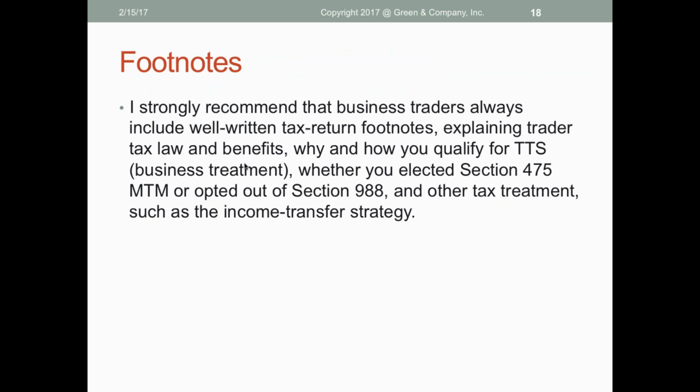Now, you've got to explain this in the footnotes. I strongly recommend that business traders always include well-written tax return footnotes. That's what we do for our clients, explaining trader tax law and benefits, why and how you qualify for trader tax status, business treatment, whether you elected Section 475 MTM or opted out of Section 988, and other tax treatments such as the income transfer. You've got to nip all the IRS questions in the bud